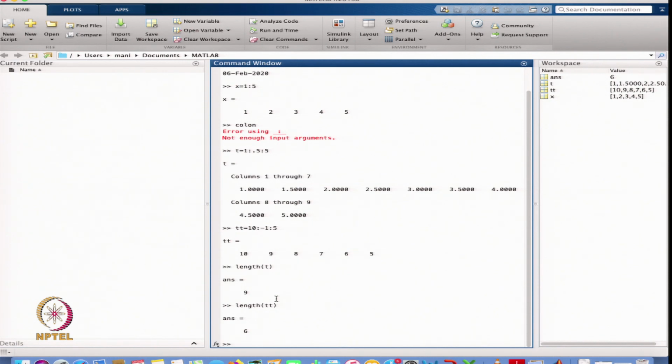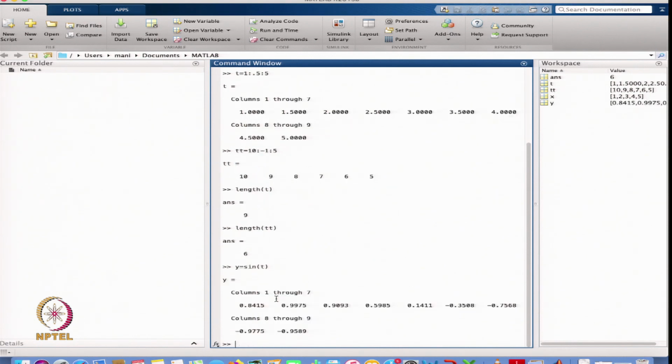Now suppose I want to define a function y = sin t. I define this function on t, which is the vector.